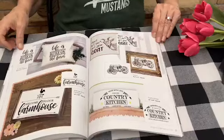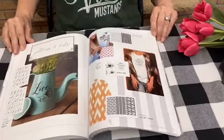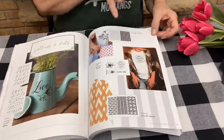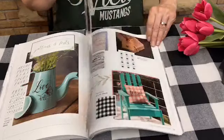Life is better on the farm. Don't let them get your goat. And then we get into patterns and fonts. So all that lettering that you can do, all the different patterns that there are, just awesome. Lots of ways to use the patterns,